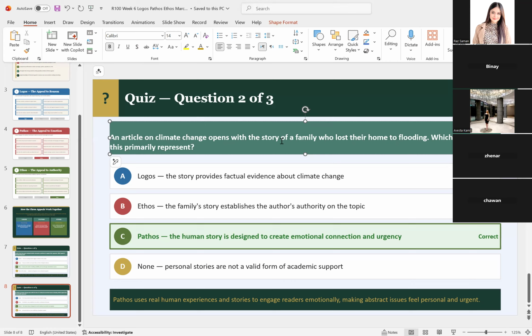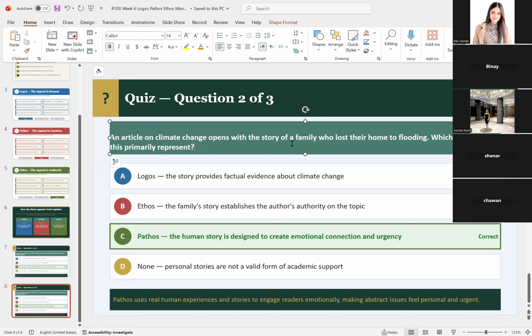Why is it emotional? Because it's a human story. When somebody loses a home, you imagine yourself losing a home. So it connects you to a human feeling. It's something that can be a shared experience. If I am having a bad day because I lost my home, you can easily identify with me because you can put yourself in the same shoes. So that's why it would be a pathos, all right?